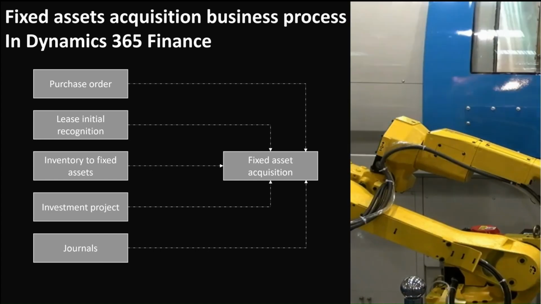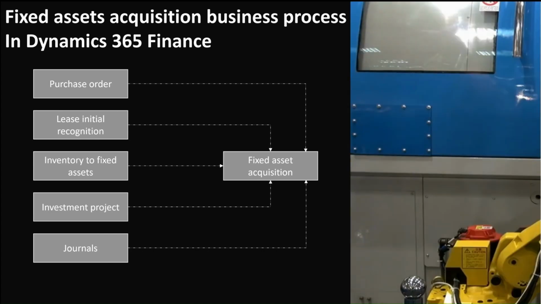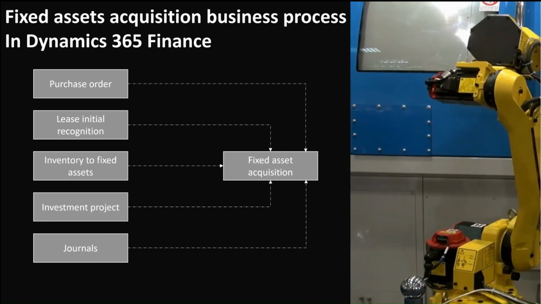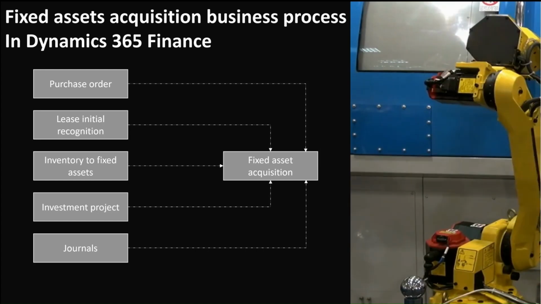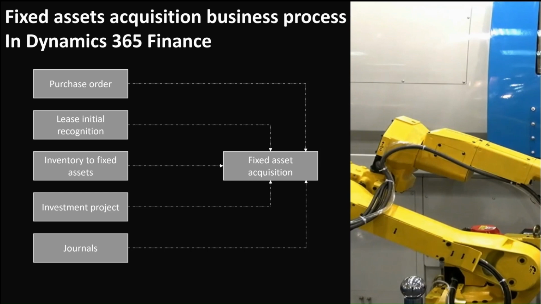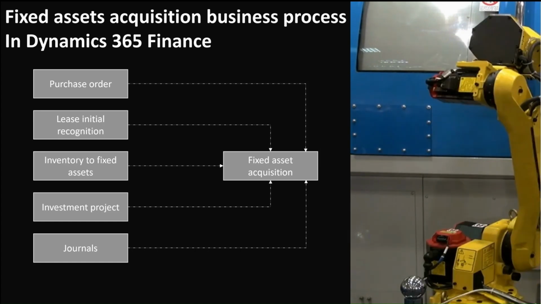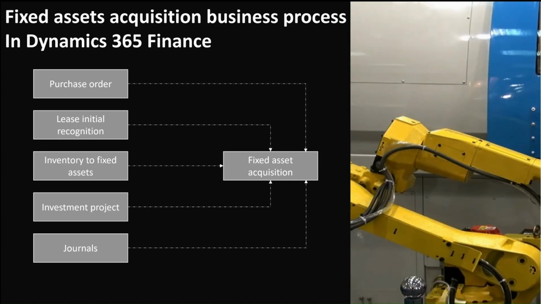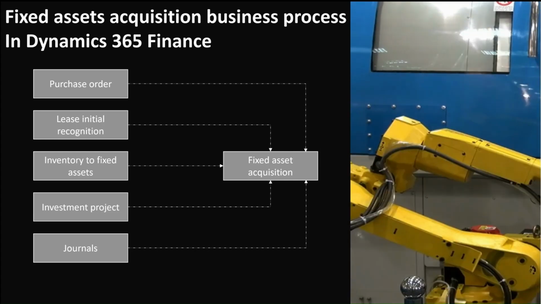They can also be acquired through the conversion of inventory into fixed asset, when an item is initially received and stored in the warehouse, then converted into a fixed asset. Alternatively, fixed assets can be acquired from investment projects, which represent projects under construction, with all project expenses capitalized into a fixed asset. Lastly, fixed assets can be acquired through journal entries utilizing either the fixed assets journal or the